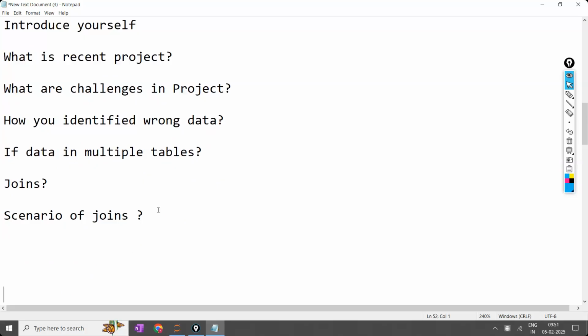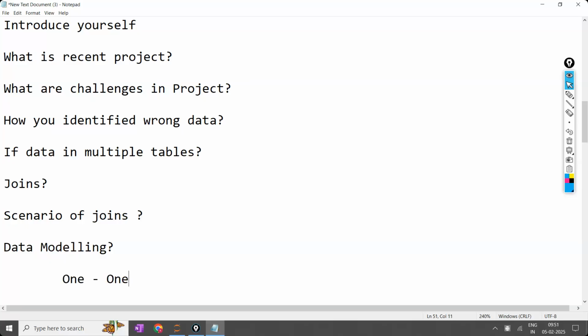Okay, done. And what is meant by data modeling? So basically data modeling is something where we see all the tables and we try to connect them, we try to make a relationship between those tables. Okay. Relationship cardinality can be 1 to 1, 1 to many, many to 1, or many to many. Could you explain them? Explain one to one. What is the difference between one to one and one to many?